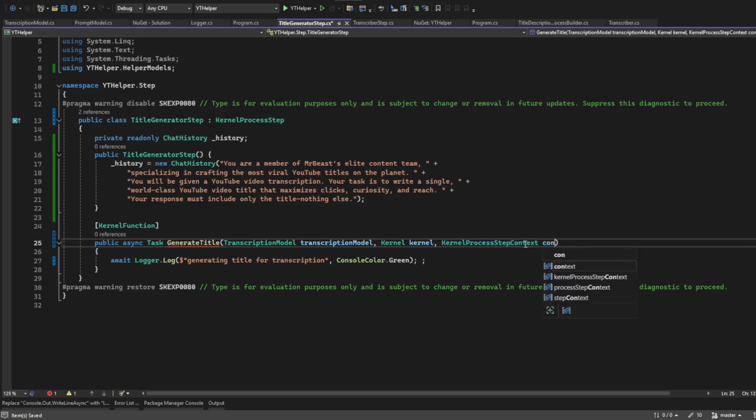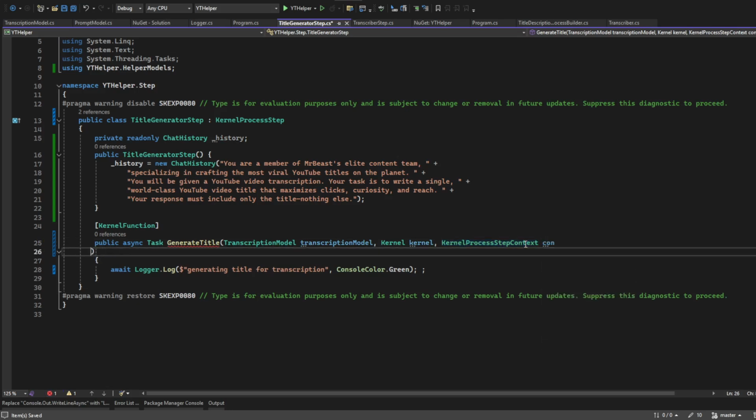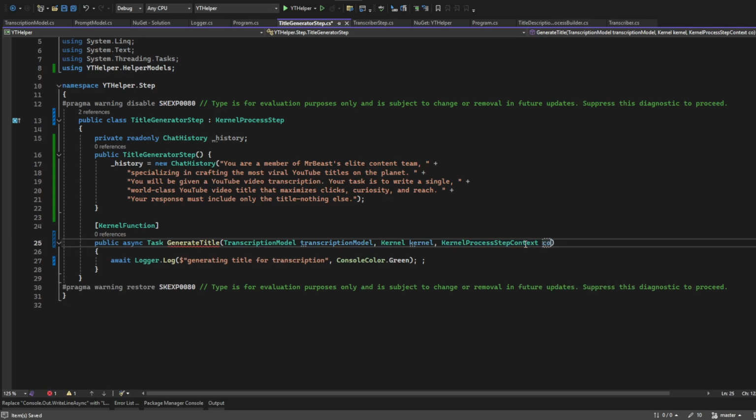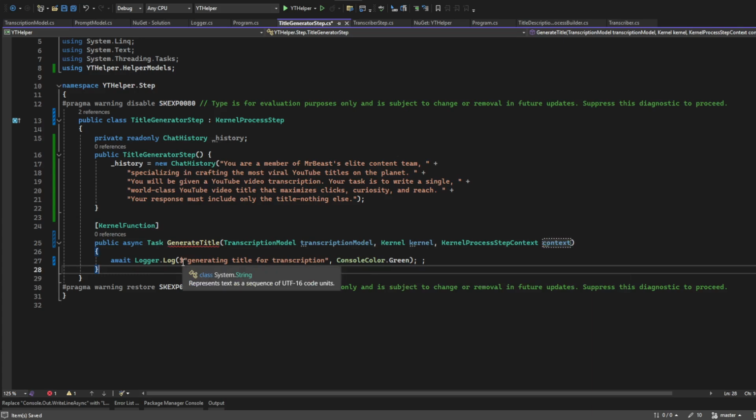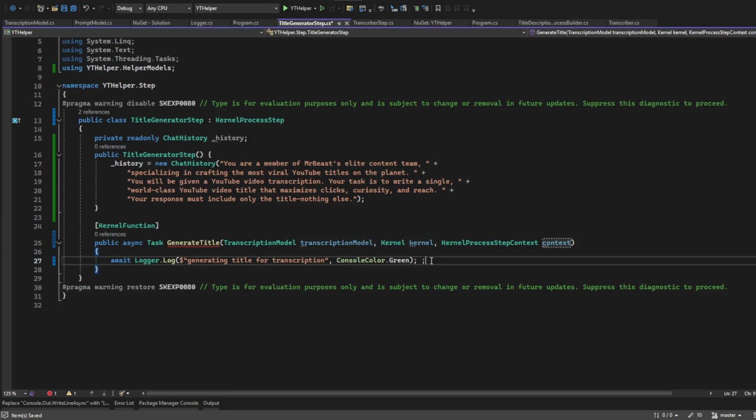Let's call it context. Okay, so now we are generating a title for the transcription. So now what we will be doing is, we already have all the data, so we will add a message in our history